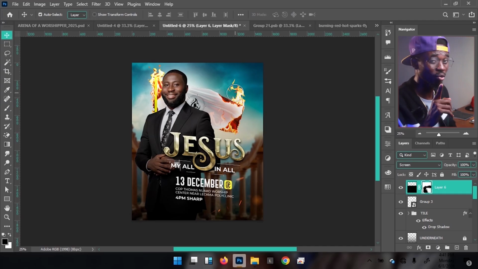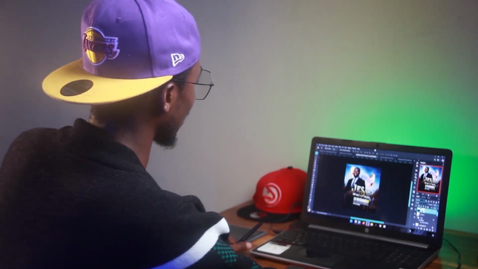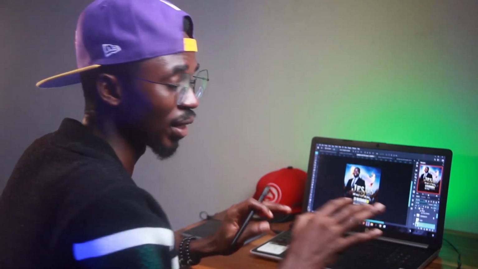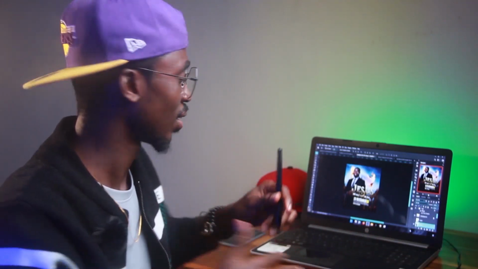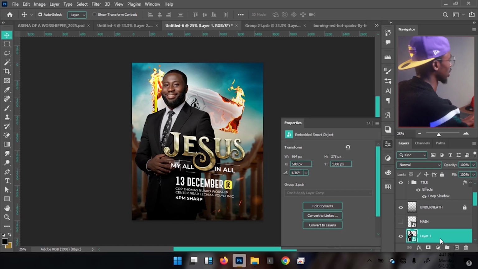So we have one more thing that is very, very significant so far as the look of our subject is concerned, that is, we have to grade it. Because time is not on our side, I'm going to make it a bit faster. So this is how I was able to achieve it. I first added a gradient map adjustment